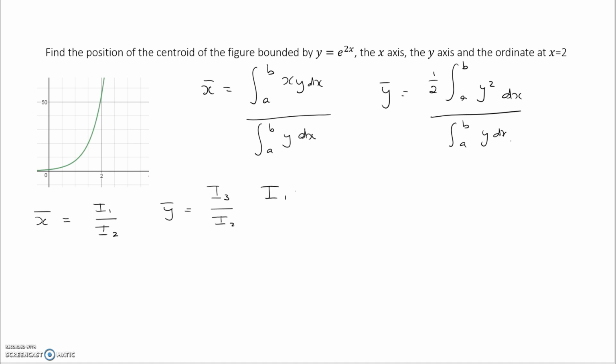So I1 is going to be the integral between 0 and 2 of x e to the 2x dx, which, using integration by parts, we would find that this would be x times e to the 2x over 2, curly brackets, minus a half times the integral of e to the 2x dx,